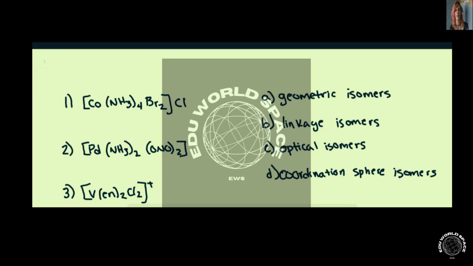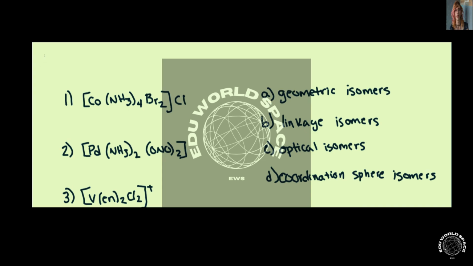This question is giving you three complexes, shown here, and asks which of the three complexes are different types of isomers. So geometric, linkage, optical, or coordination sphere isomers. And for this question, you need to know what these types of isomers are. So we'll go through each one, and as we do, we'll identify which of the three compounds relates to each